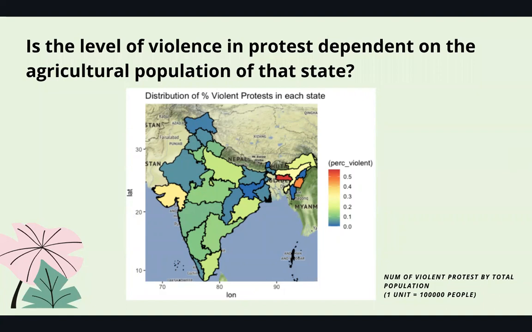Now, if we see the map, we can very clearly see that most of the violent protests were concentrated in East India and a little bit in the West and mostly in the South. However, most news sources that we have seen have announced the level of violence and the measures taken by the government to control the protests that have been centered around the north and the center of the state, Delhi.